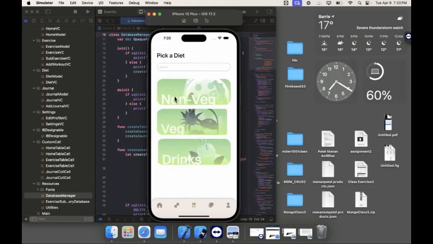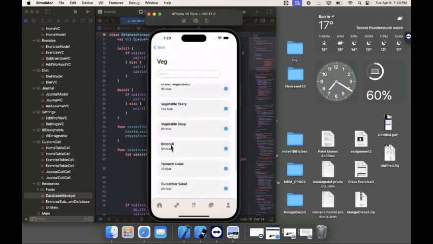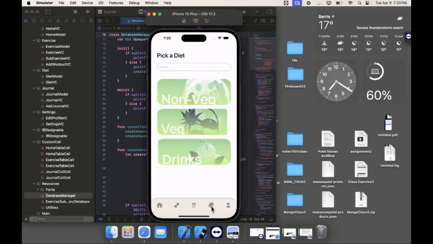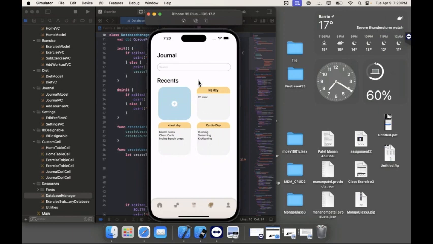Yeah, and we have three menus for the diet. We have vegetarian diet. We have drinks, and in general, we can see